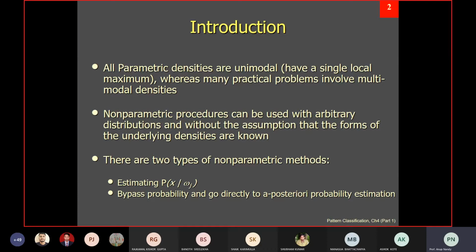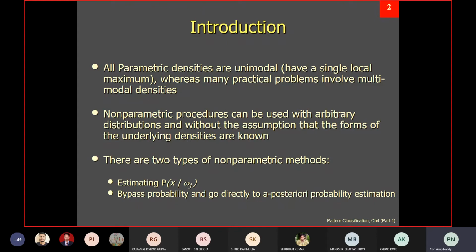If you consider non-parametric classification, then you have to estimate the density function small p(x given wi) from the sample patterns. And if the estimates are satisfactory, then they can be substituted for the true density. As I already told you, you have to approximate this density, and if the approximated density is close to the actual density, then it can be used for designing the classifier. This is one way of doing this.